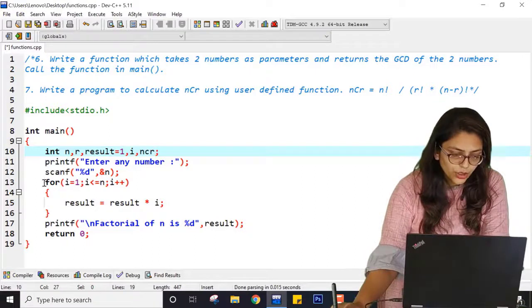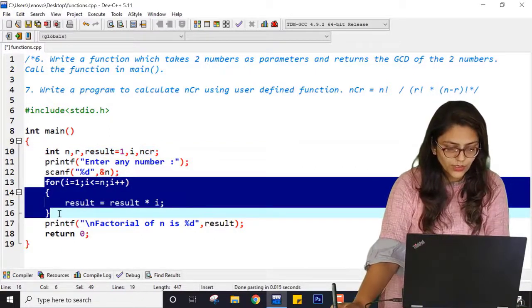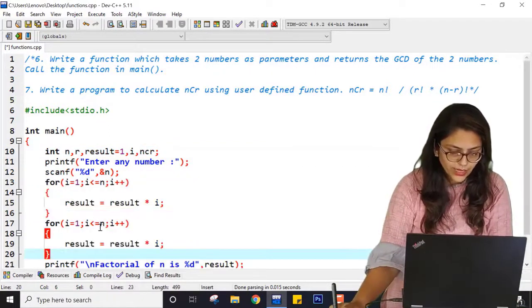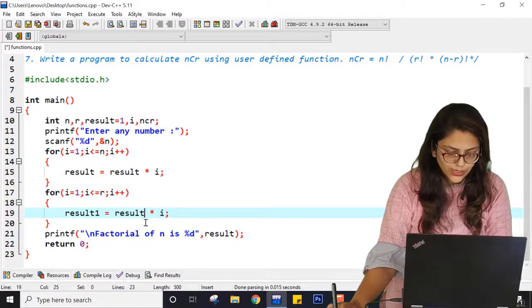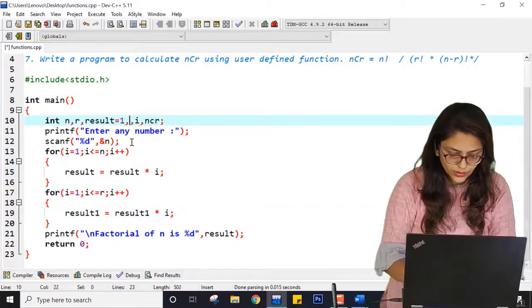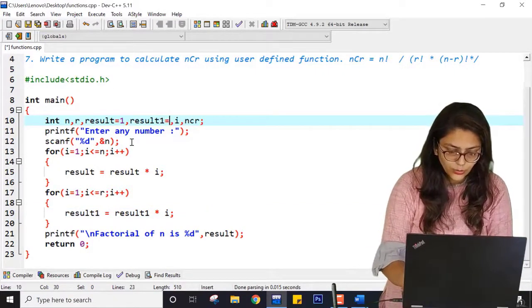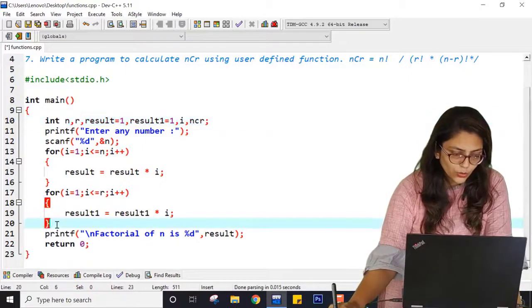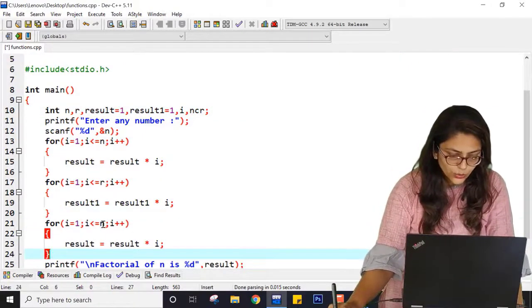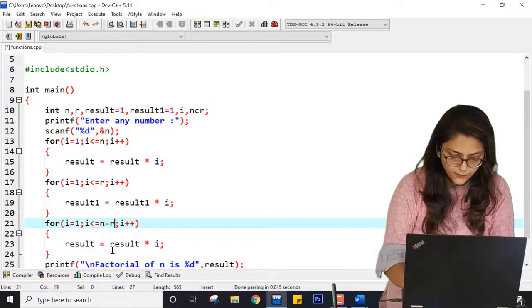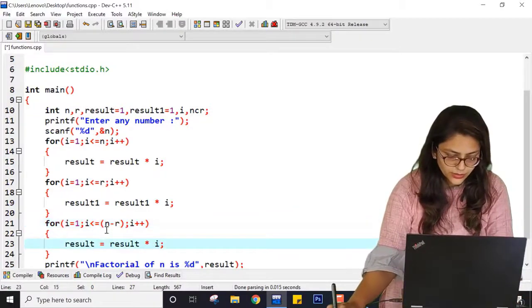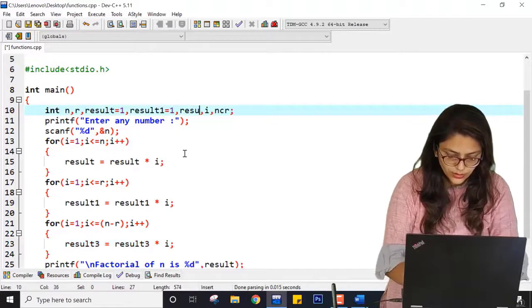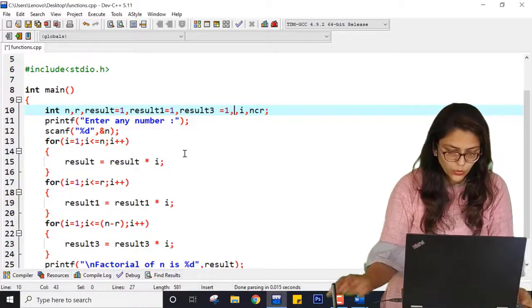First you have to find result by this, then you have to again write a loop for r, and here it will be result1, so you have to declare result1 as well, equal to 1, and then the similar code for n minus r. So here you can do n minus r, and here it will be result3, and here you have to declare result3 equal to 1.